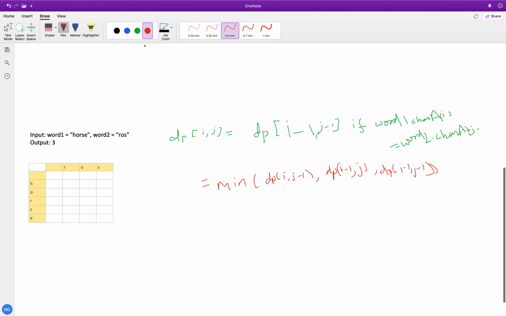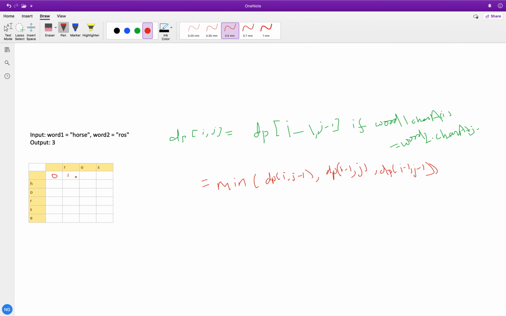With that, let's fill our table. When both word 1 and word 2 are empty, then this is 0. When word 1 is empty and we only have word 2, in that case we need to just do the delete operation that many number of characters times.